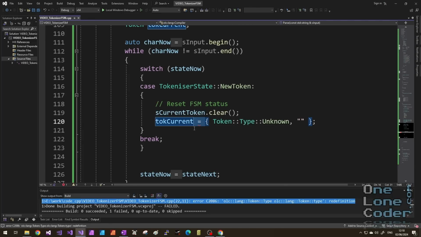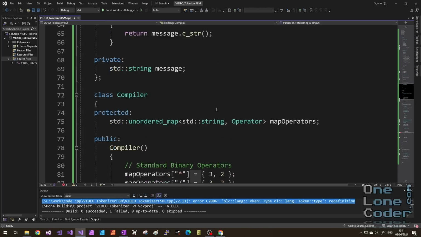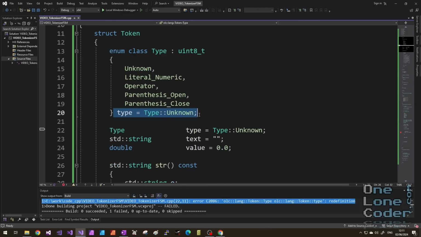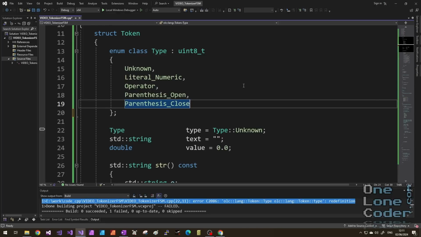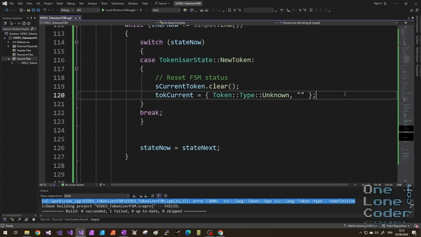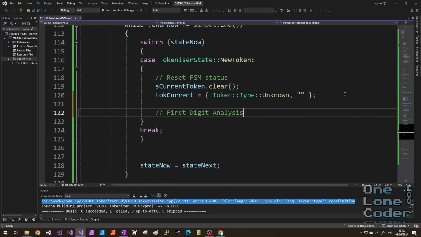I'm getting a little red squiggly here, which is telling me something's malformed about my token definition. And indeed it is, because I cut and paste the code from some prototype that I made prior to making this video. Sometimes little errors like this creep in. I don't need to define type twice. So apologies for that, I'm only human, but it does go to show that these things are a little bit live. When we're in our new token state, we said we were going to do some first digit analysis,